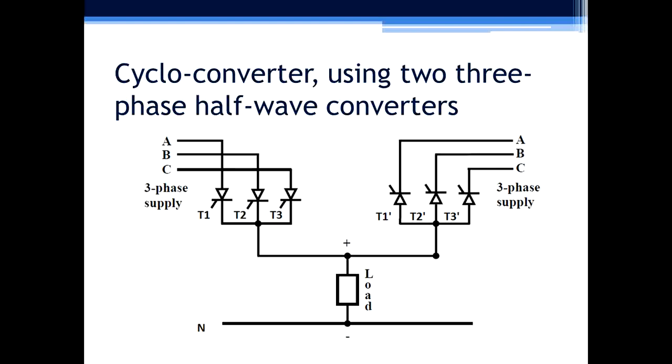As you have learned this 3-phase controlled half-wave rectifier in the earlier power electronics course, you know that it consists of 3 thyristors. The first one is T1. Thyristor T1 will be triggered when A phase is positive, and at any angle you can trigger it, 30 degree, 60 degree, 90 degree, as per your voltage requirement. Similarly T2 will be triggered when B phase is positive and T3 will be triggered when C phase is positive. Similarly devices of converter 2 will also be triggered, like T1 dash will be triggered when A phase is